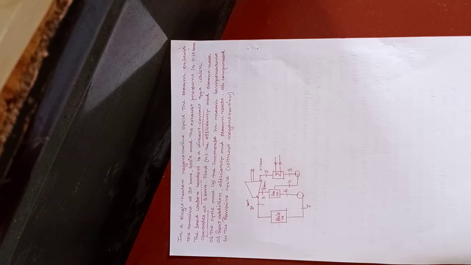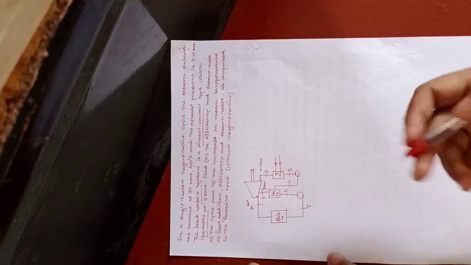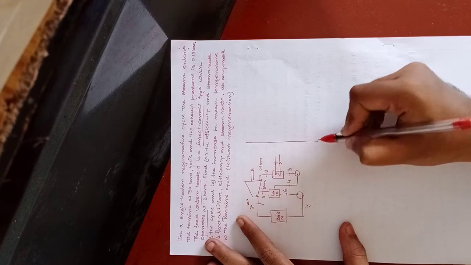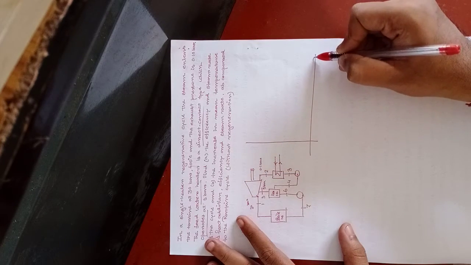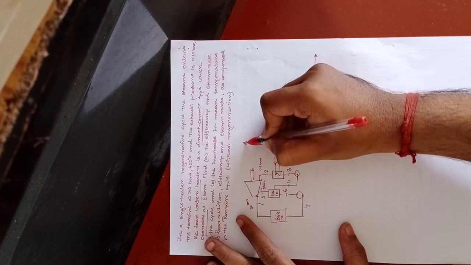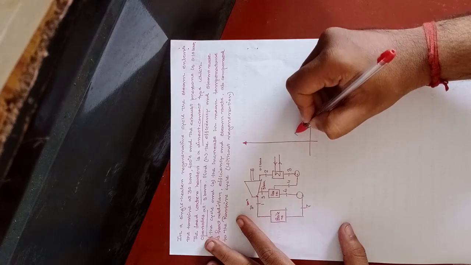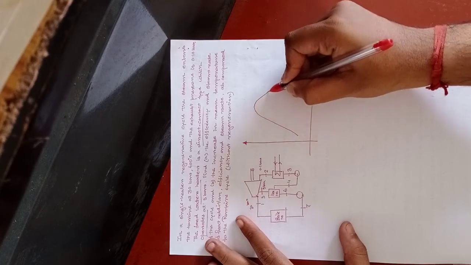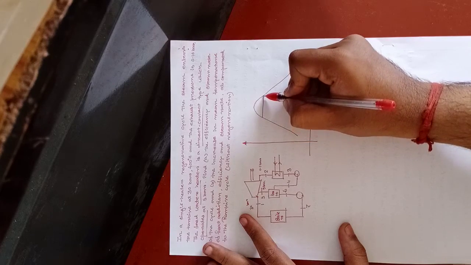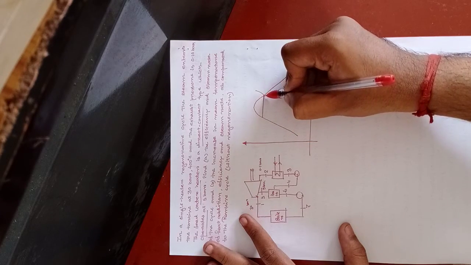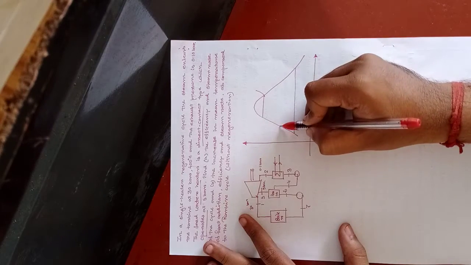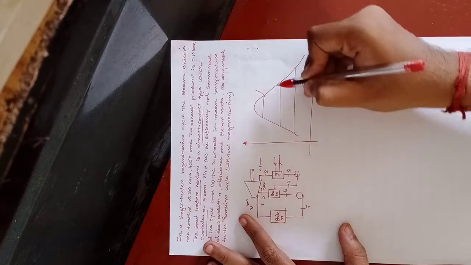Now we will solve the problem. To solve it we have to draw the TS diagram simultaneously, because without the diagram this problem cannot be solved. So this is our TS diagram. This is your boiler pressure. A single heater is used. This is your condenser pressure, and this is your intermediate pressure.